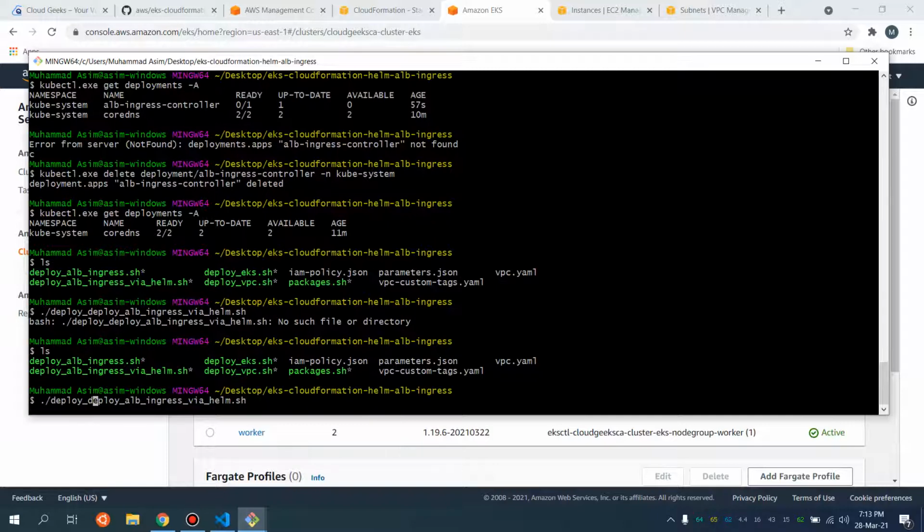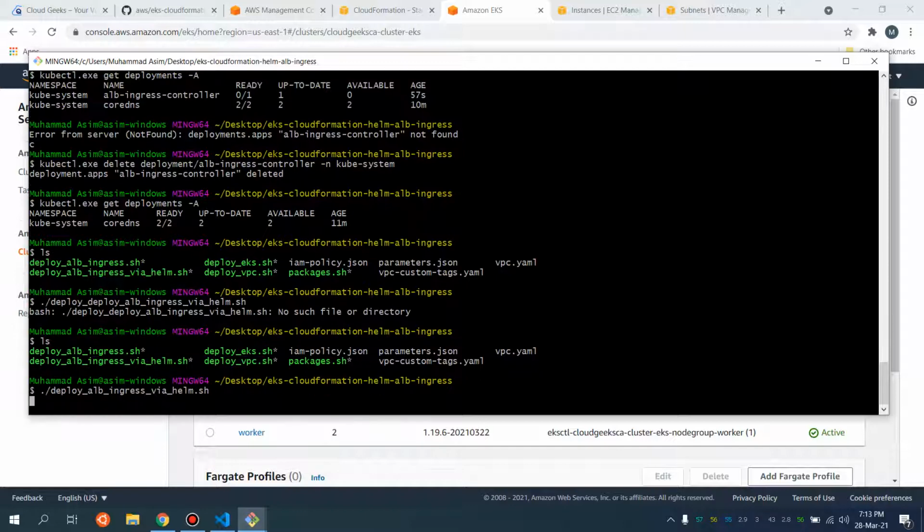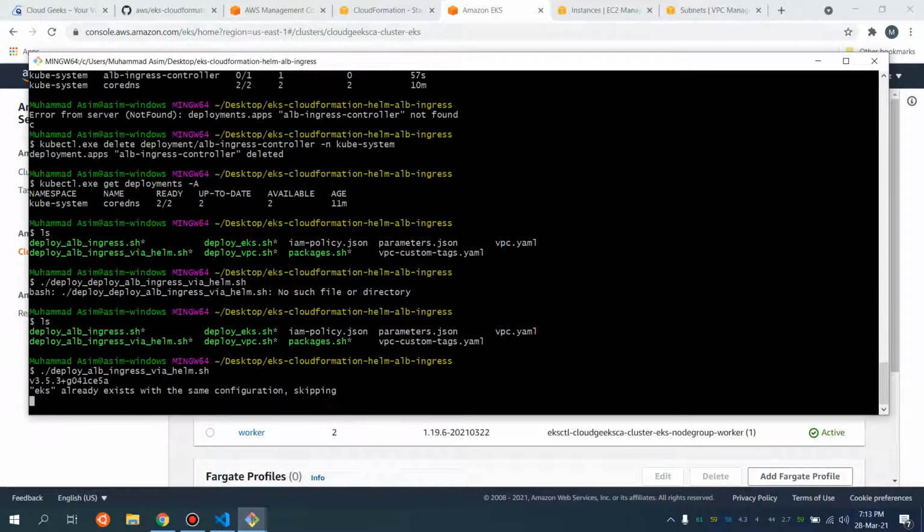Okay, so this is the file. Now we are using that particular script which I have shown you, and that deployment is going to be through Helm. It is going to take a little while, and let it run.